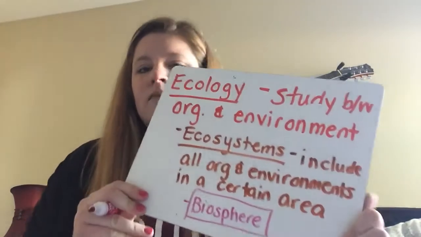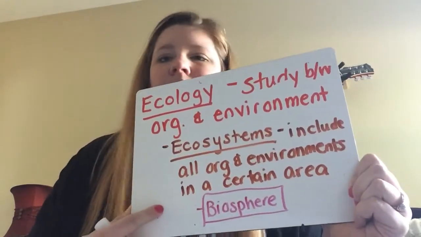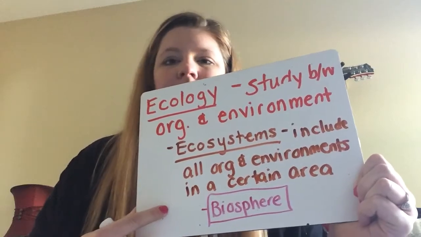With that being said, there are so many ecosystems in our world that we call it the biosphere. You probably have heard this word sometime in your career. We learn more about it in 8th grade when we start talking about the earth. But the biosphere is every living ecosystem on earth. So every living thing on earth is included: the environments, the living organisms, their actions, whatever it is that they do.